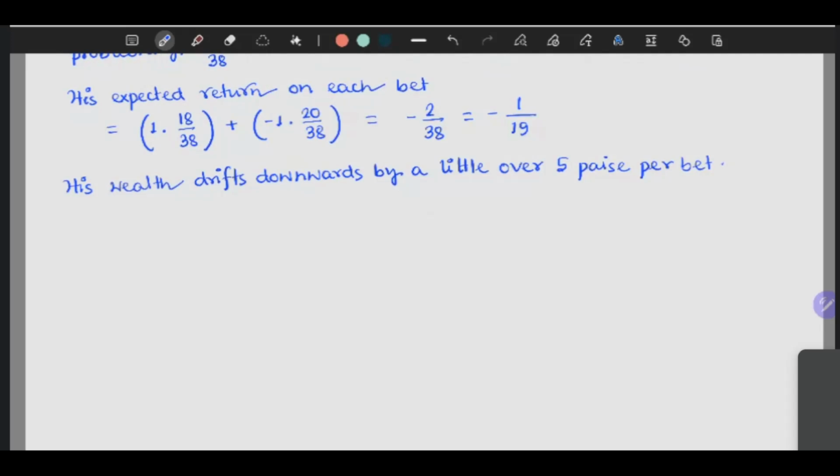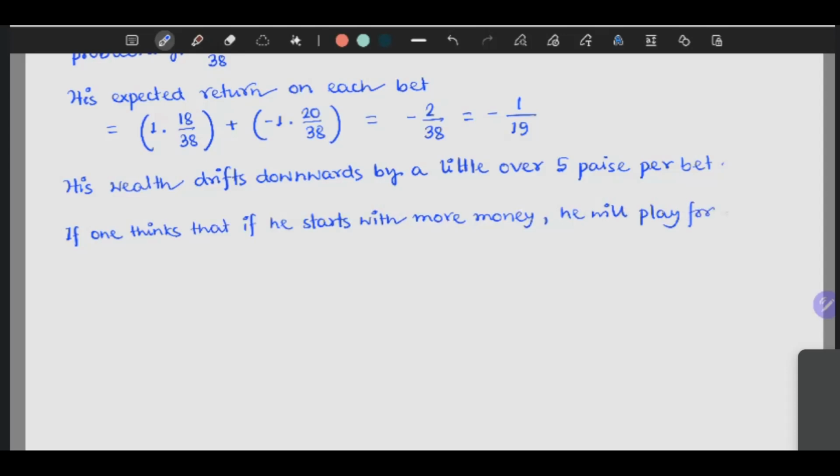So if someone thinks that if he starts with more money, he will play for a longer time,